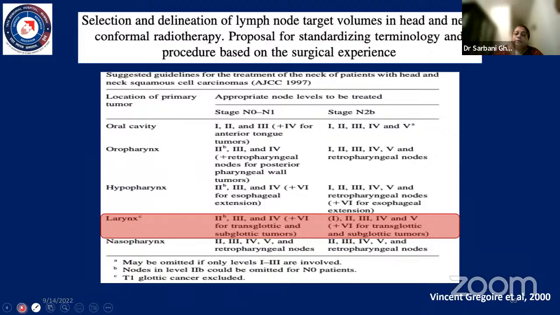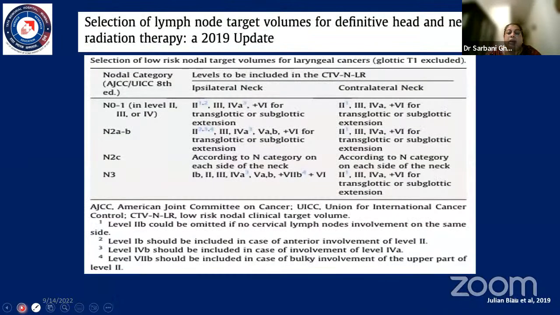And from this paper again, it talks about what to do in the various nodal stages of the cancer. And this is an excerpt from a more recent publication from Julian Biao. In addition to what is written in the table, I would also request you all to pay attention to